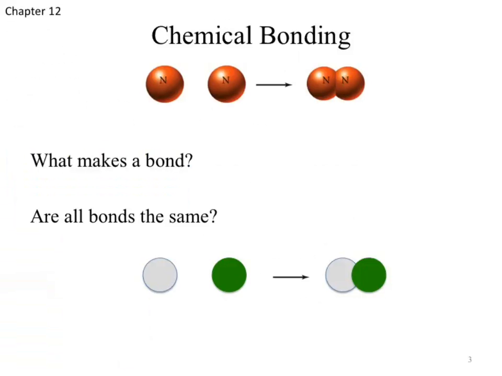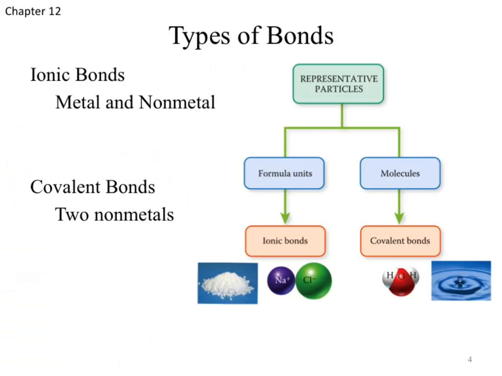Okay? If we didn't get different bonds, it's going to be a bit odd or boring world to live in because then everything would react the same. Okay? So we're definitely going to get those different properties. We've got the different types of bonds. We're going to add to this as we continue to talk about it. We've got our two primary categories that we talked about within nomenclature. So your ionic bonds, which are a metal and a nonmetal, most typically.